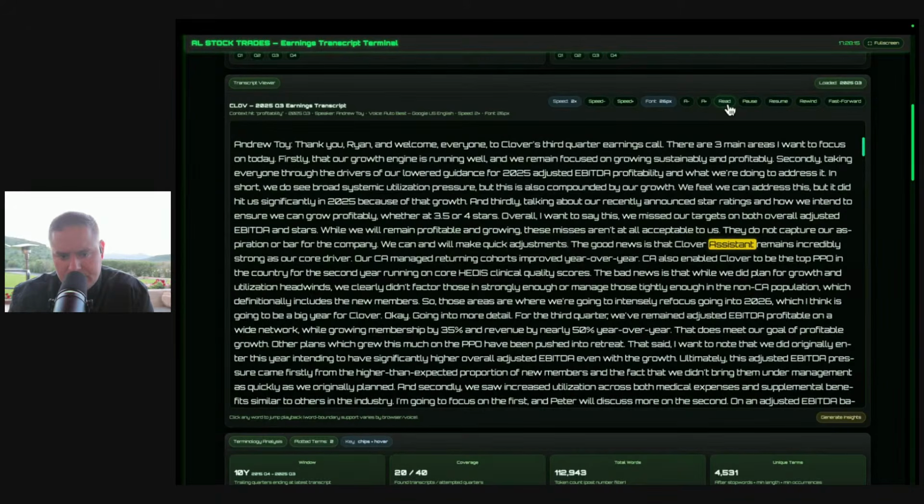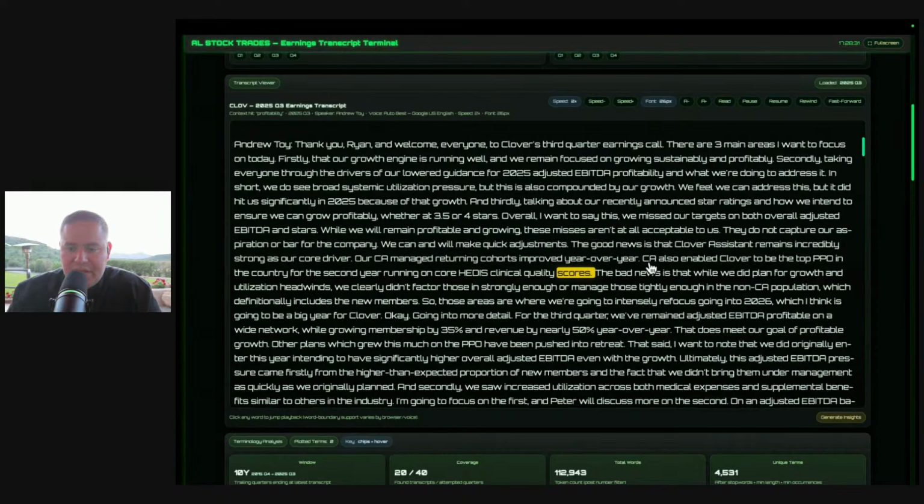The good news is that Clover Assistant remains incredibly strong as our core driver. Our CA-managed returning cohorts improved year over year. CA also enabled Clover to be the top PPO in the country for the second year running on core HEDIS clinical quality scores. The bad news is that while we did plan for